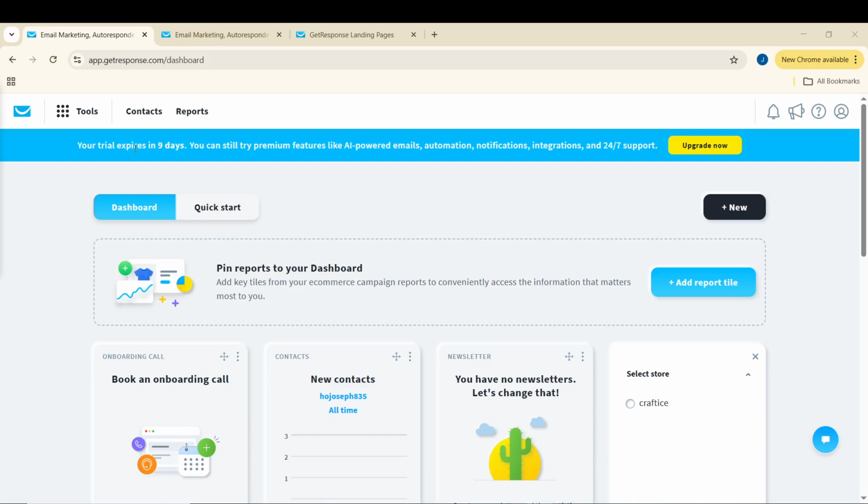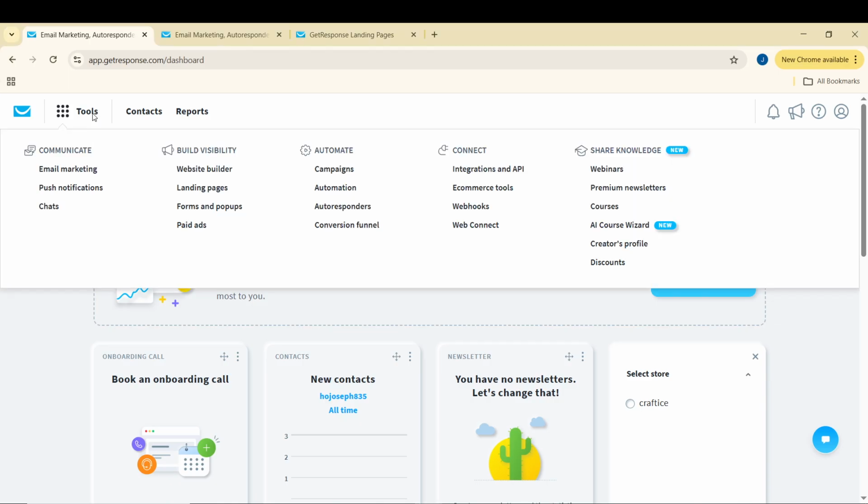In today's video, I'm going to teach you how to send an autoresponder to only certain tags in Getresponse. The key idea here is that instead of sending an autoresponder to everyone on a list, you can trigger a message only when a specific tag is applied to a contact. This is useful when you want different follow-ups for different interests, sign-up sources, or customer types, while keeping everything organized